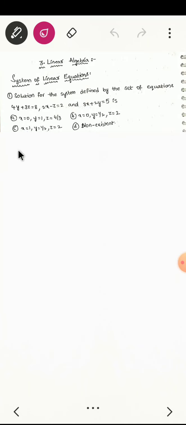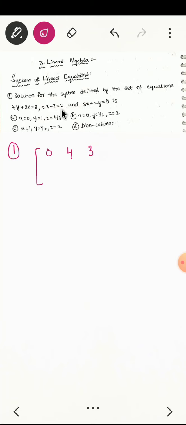Okay, let us solve first problem of system of linear equations. What they have given? Question number 1, solution for system defined by set of equations. They have given certain set of equations, and what is the solution they are asking. So first formulate the matrix. How will you formulate? X is not given here, x0, y4, z3, and write this in Ax equal to B form. Are you seeing? Ax equal to B. You have some values.